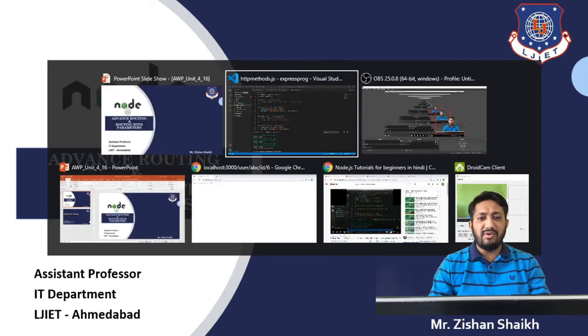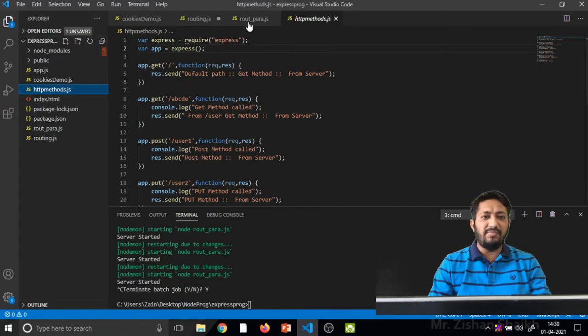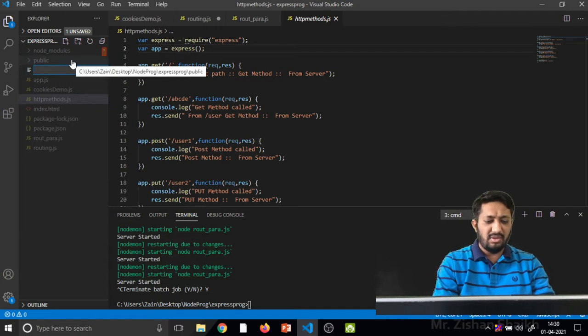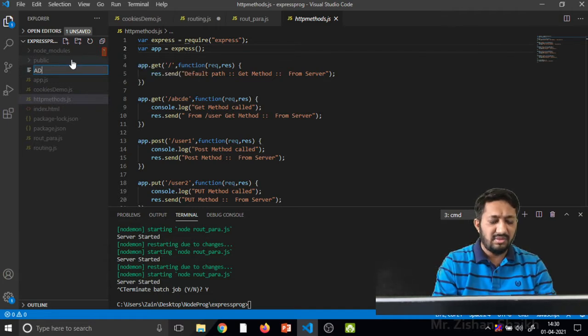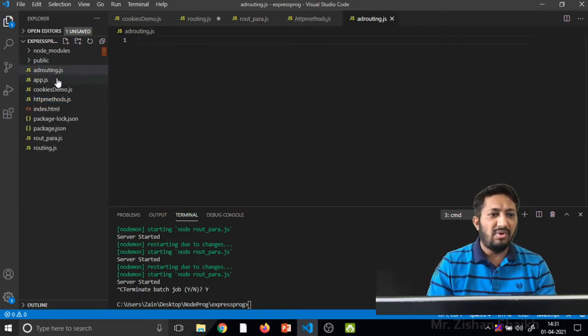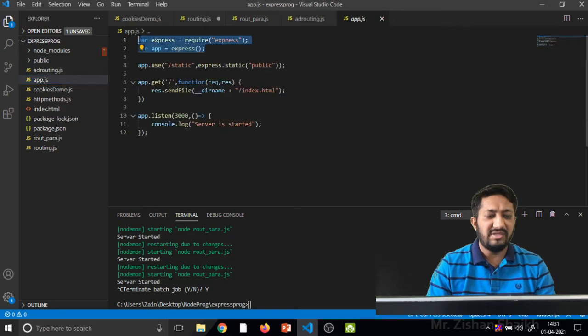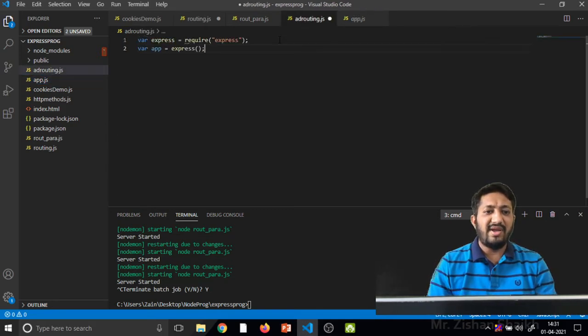So let's demonstrate our program. I'm taking a new file, that is my advancedrouting.js. Now I'm taking some basic modules, where express is what we require, after that the application.